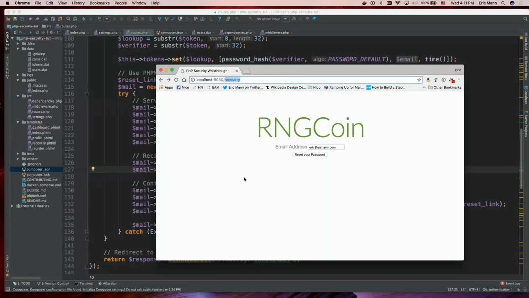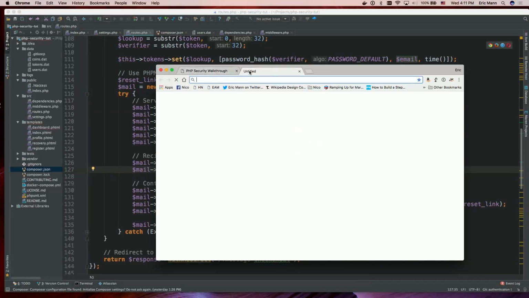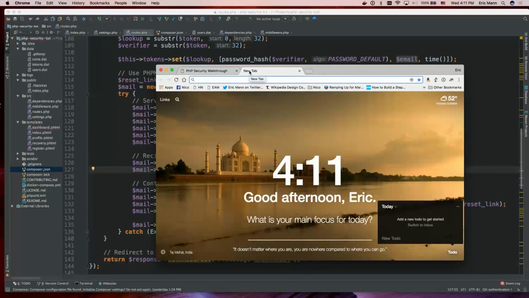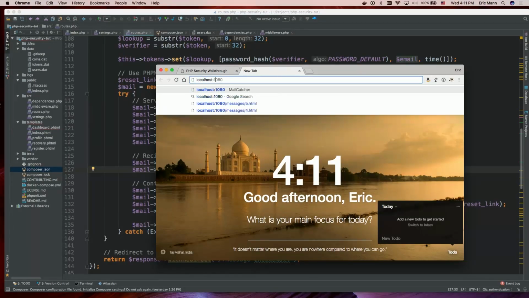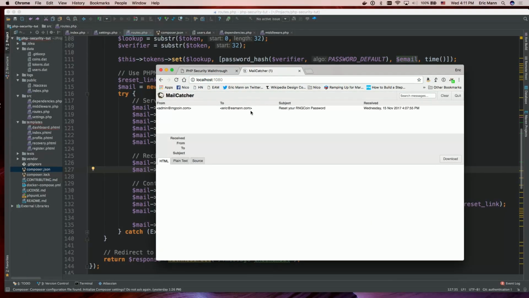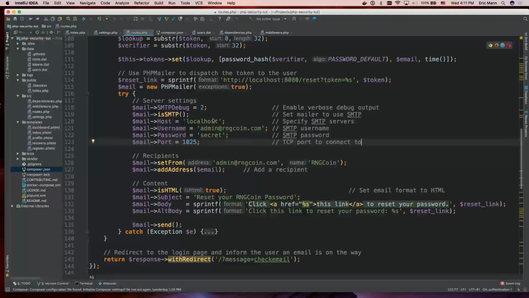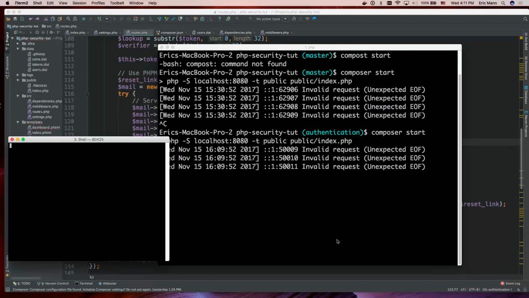And let me show you what that looks like, because the Docker image that we downloaded gives us the ability to capture messages that come through. So let me clear all messages. When we're saying talk to localhost on port 1025, that is talking to this Mailcatcher app. So if you wanted to talk directly to Mailcatcher,